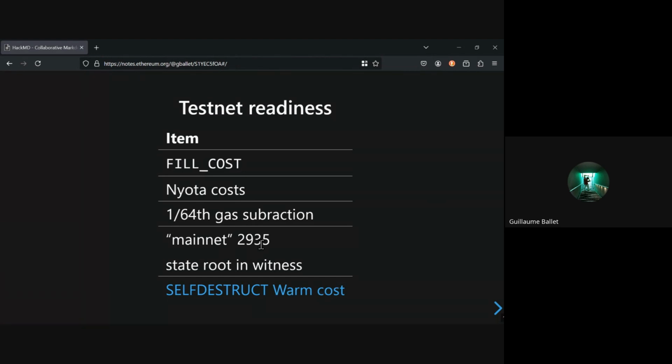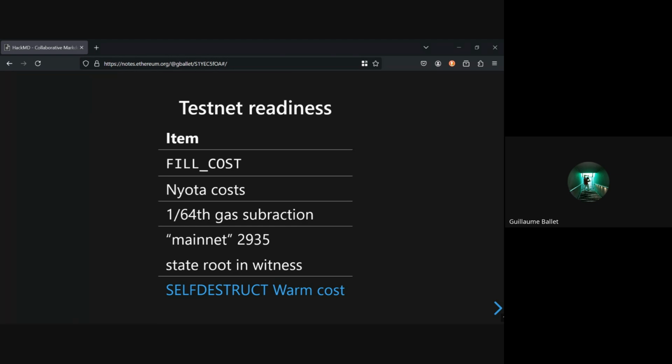The mainnet version of 2935, the 2935 version that was on Chaos Tenant 6 is an older version, so now we need to bring it up to speed. We have the code; it's not integrated, but we can integrate it. And State Root and Witness, Gajinder and I worked on it last week, so we are ready for this one.